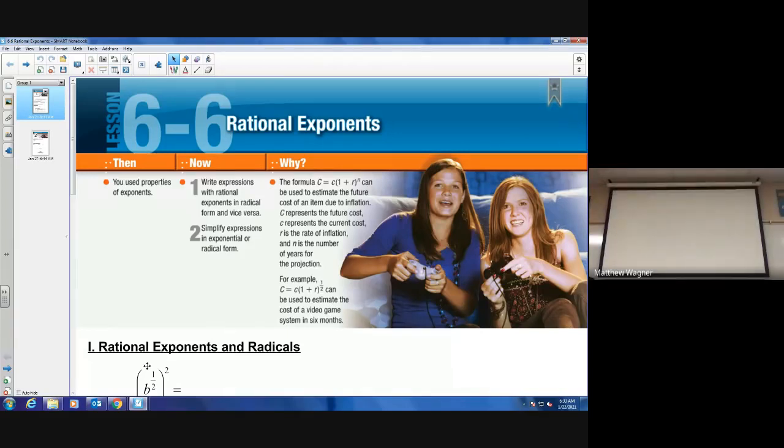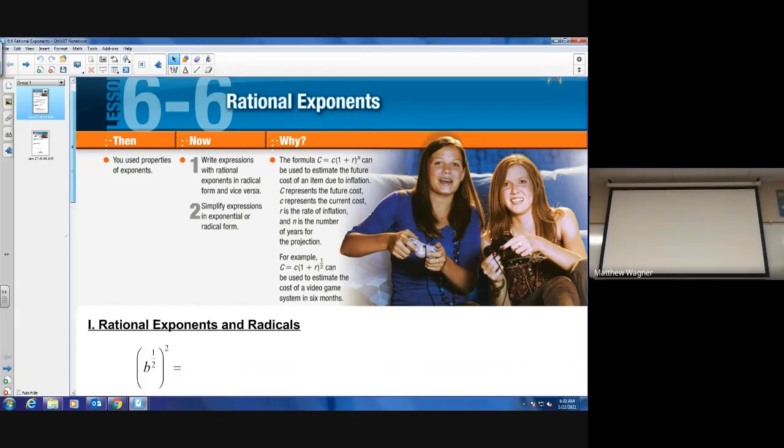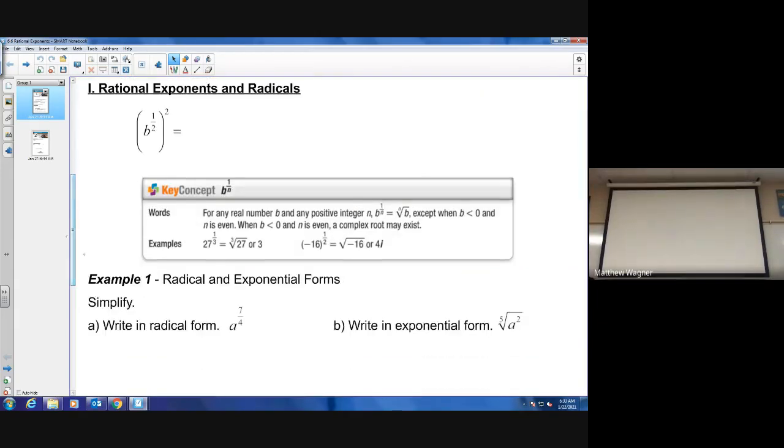All right, today we're going to look at 6 rational exponents. I've touched base on this a little bit before when we talked about 6.1 to 6.4. I briefly mentioned it in one of the lessons, but rational exponents can be used in place of radical symbols. And what we're going to do is show you how they're interrelated. I know I showed you a bit last week as to how they're related, but we're just going to take